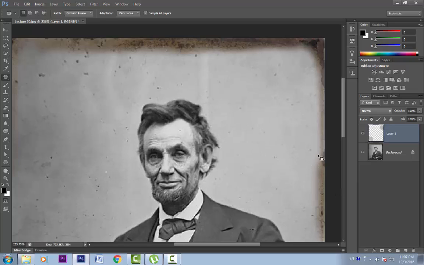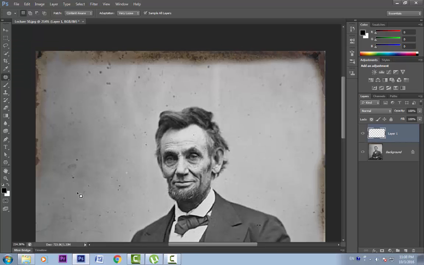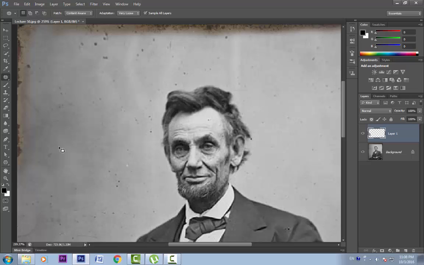I can see some blurriness here. I don't know whether you are able to see it or not. Let's try another area. This one. Let's move it. Ctrl D. We can see some fuzziness here. Let's undo, set it to very strict, and now if we move it, there is no fuzziness or halo.